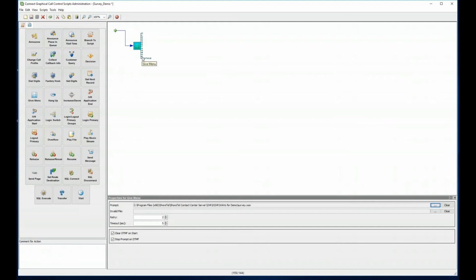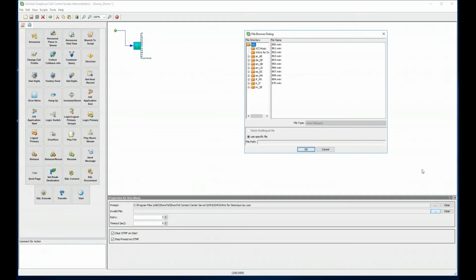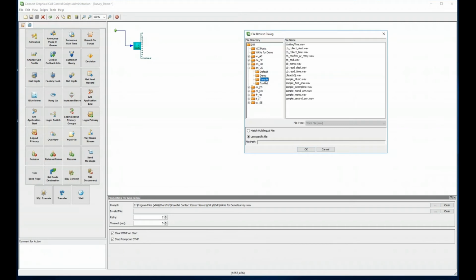So if they make some kind of option that's not valid, so let's say I've only made 1, 2, and 3 options, the rest of them are unconnected. If someone were to hit one of these other options, generally they're just going to be played whatever this invalid file WAV is. And again, we do have a number of default and sample